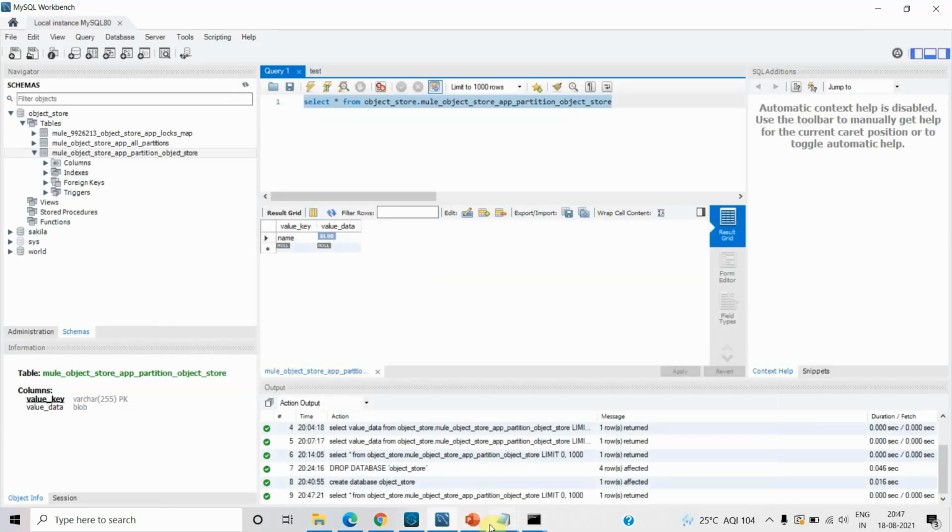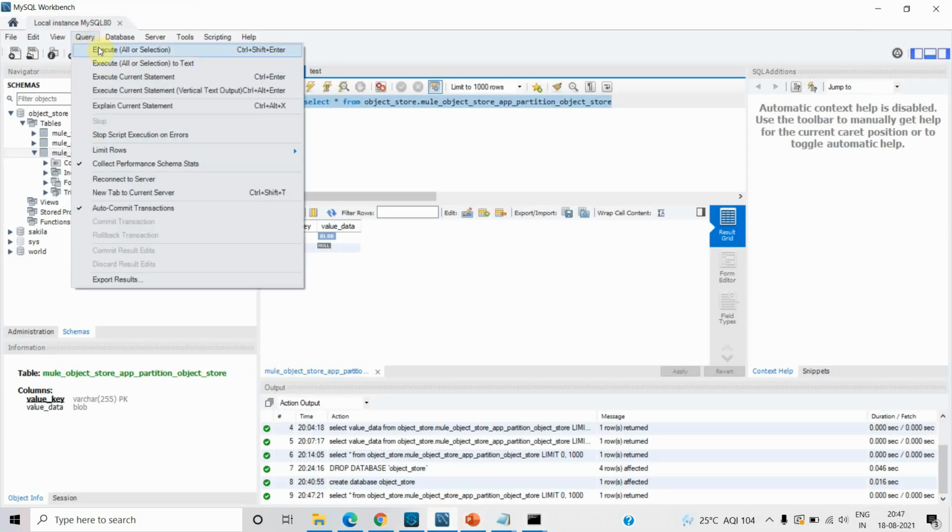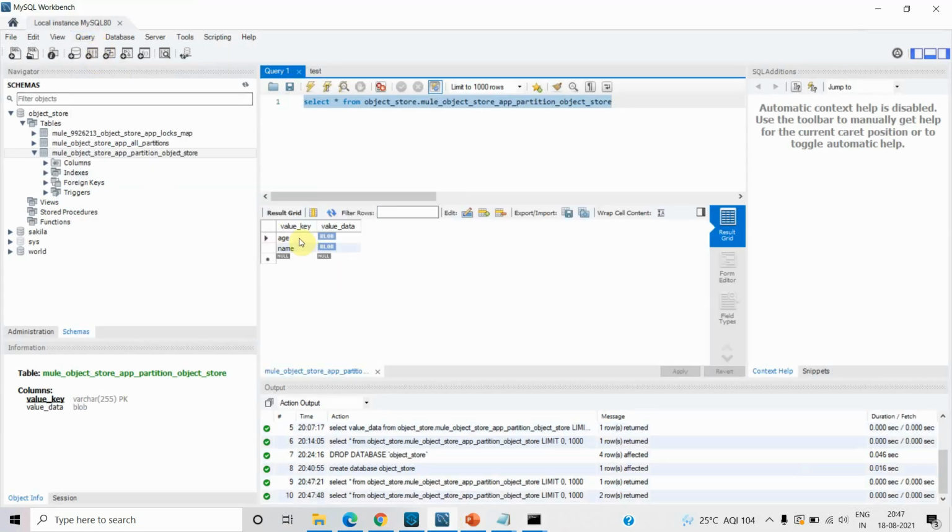In the same way, I can use the second node also. In the second node my port is 8082 and I want to use age, which is 25. Enter. Let me check in the database.